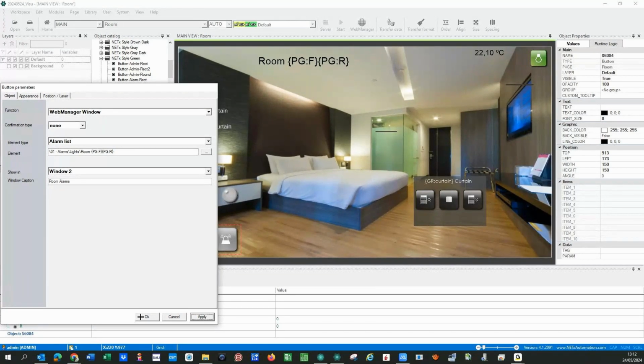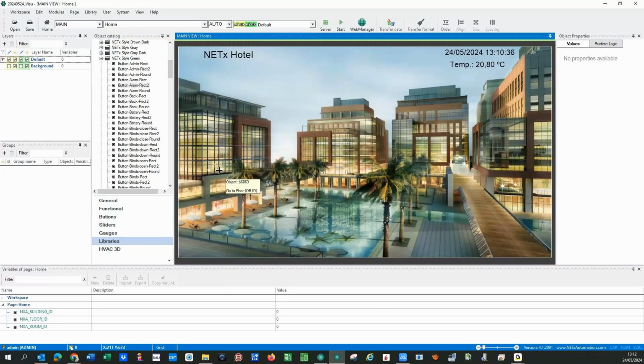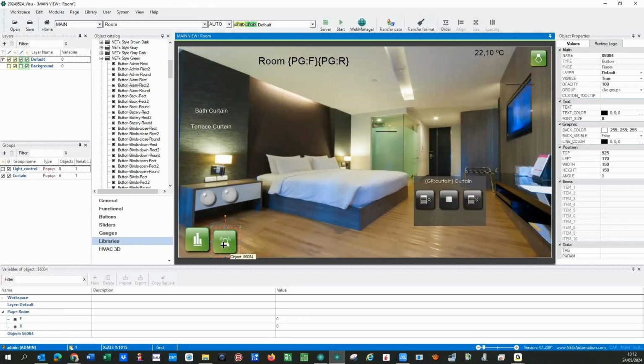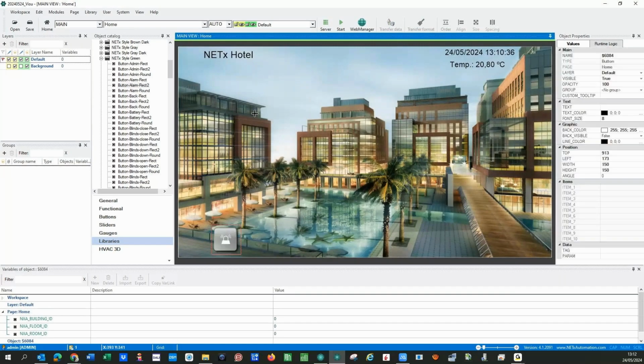So room alarms, okay. And then let me show you. I will go to home. Let me show you also what you are asking. If you copy this button and put it here in home, and if you want just an alarm for a specific light even, you just put